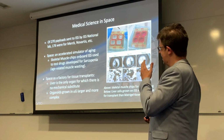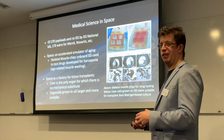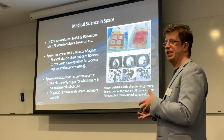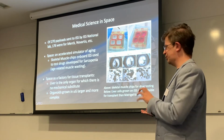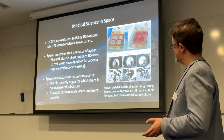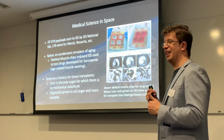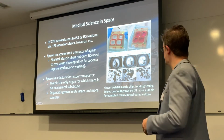there was a talk where, essentially, when you try to grow replacement liver tissue on the ground, you have to grow it in a substance called Matrigel, which has to be thick enough to hold up under its own weight. So when these cells are growing into this Matrigel, they don't grow as lifelike or to the quality which is necessary for transplant, or as close to the quality which is desirable. Whereas what they've found from these studies on the space station is that growing in microgravity means you can use matrices which aren't Matrigel, which are much less dense and wouldn't be able to hold their own weight under gravity. Because of that, these cells are able to grow into the medium more and grow into a more lifelike